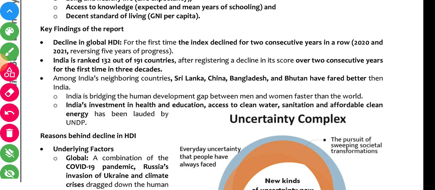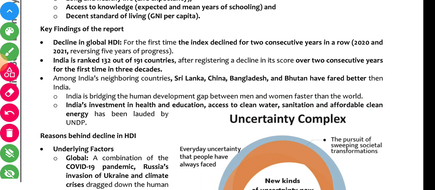India's neighbors Sri Lanka, China, Bangladesh and Bhutan have fared better than India in the Human Development Index. The gender gap between men and women is wider in India than in the world in human development. India's investment in health and education, access to clean water, sanitation and affordable clean energy has been lauded by